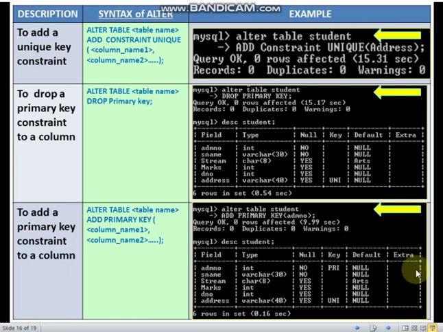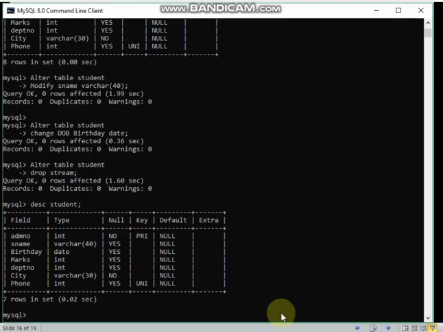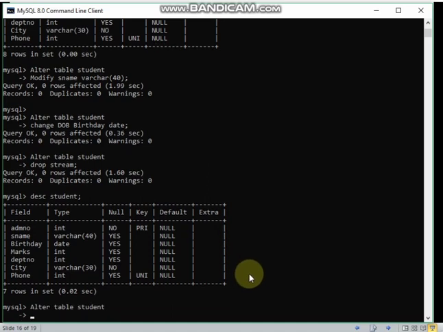Now we have learned how to work with alter query. One more thing. Let us use the alter query command to drop the primary key constraint from the admission number column. So what was the command?